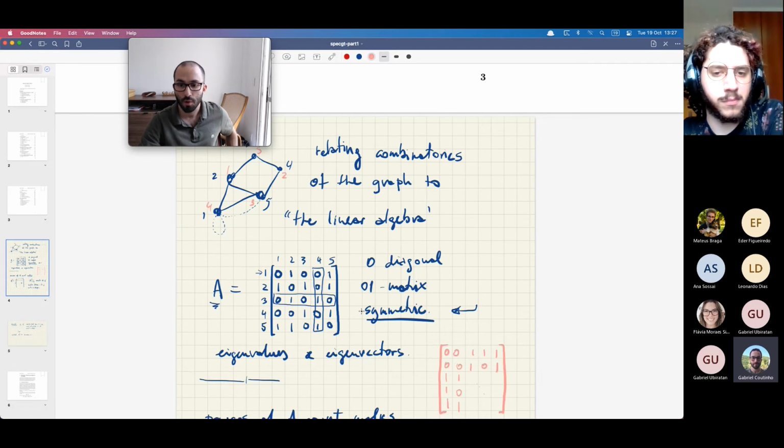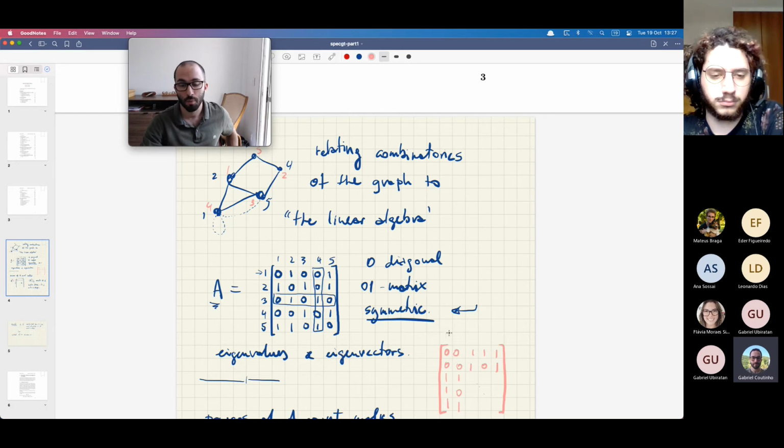Now, these matrices are of course not equal, but they do represent the same graph, which makes you wonder, what is the catch here? I'm telling you that I will be relating the graph with eigenvalues and eigenvectors, but suddenly I have a different matrix. Do these matrices have the same eigenvalues? Do they have the same eigenvectors? If not, what's the catch?